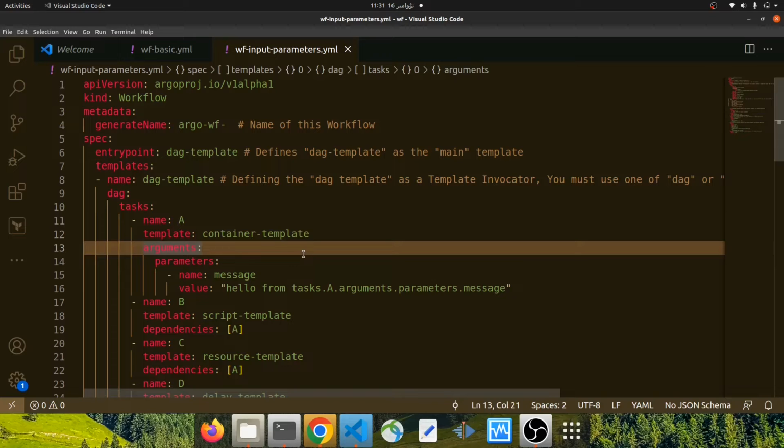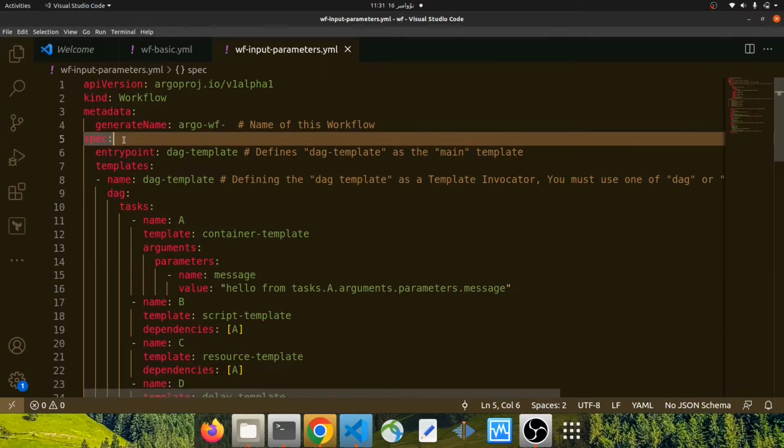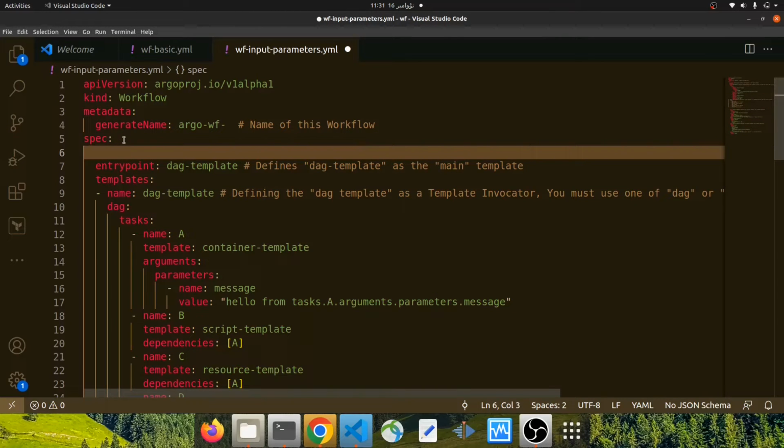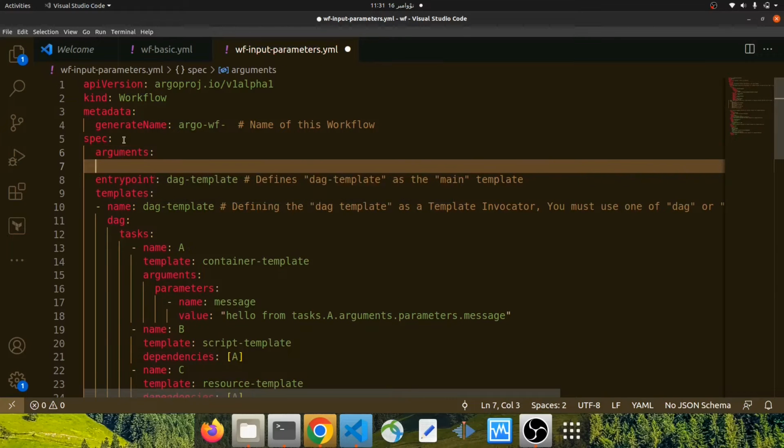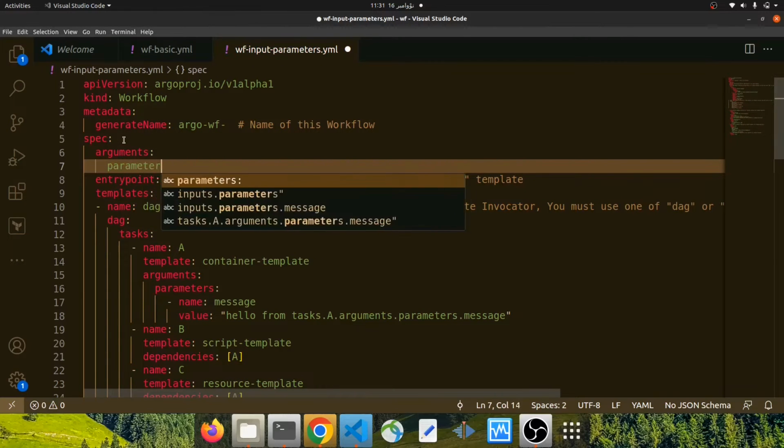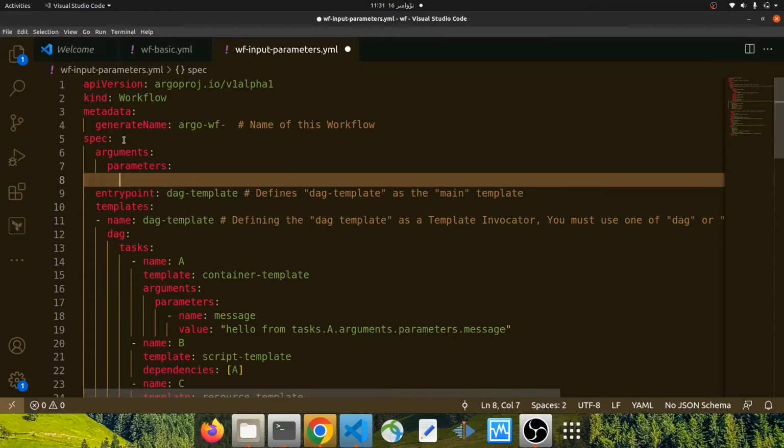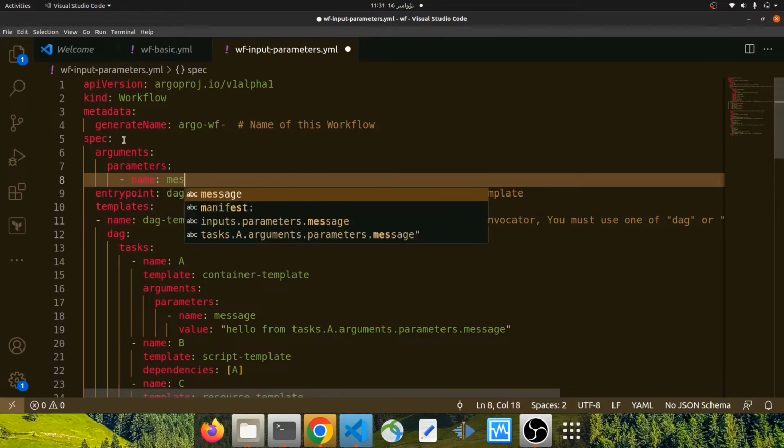And also, we can define parameters as a global parameter. We can define global variables, we can define global parameters for our workflow. Because of that, after the spec block, here I type arguments, parameters. The name of the parameter is message,